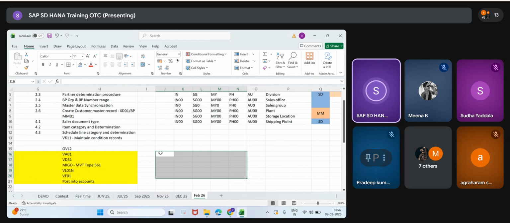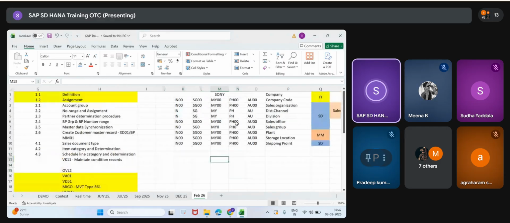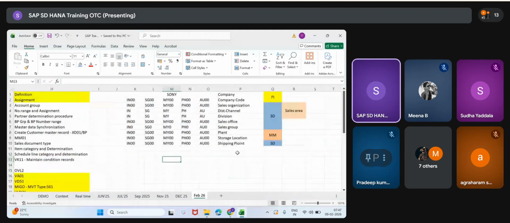This is the explanation I'm just giving. Then we are going to see it in the system. Any doubts? Clear?